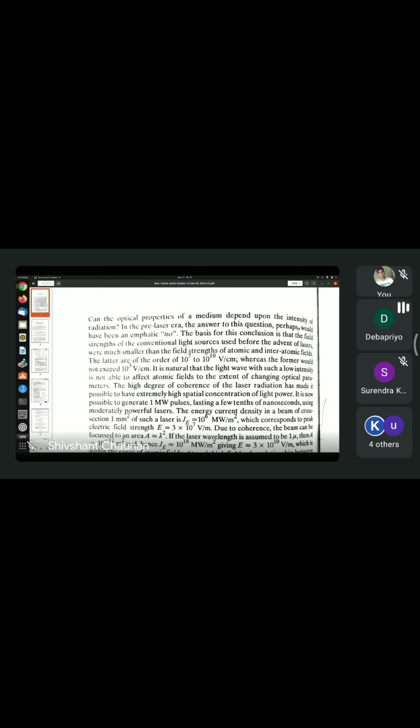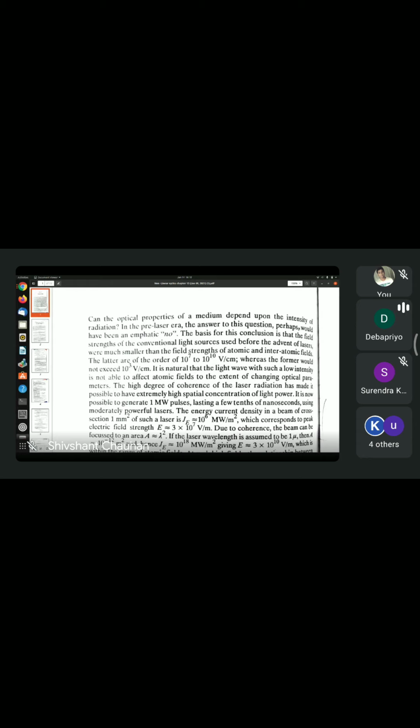We know that the energy difference between, say, two energy levels of an electron inside an atom is of the order of 1 electron volt, 1 or 2 electron volts. This is a typical energy difference between two successive levels. And the separation between these levels is of the order of an angstrom. So if the energy difference is say 1 electron volt, then you can say that the potential difference is 1 volt.